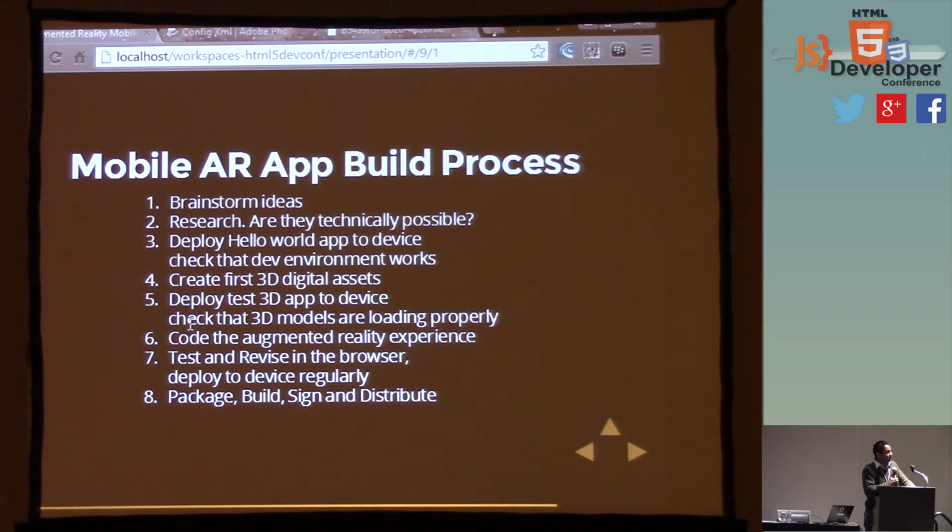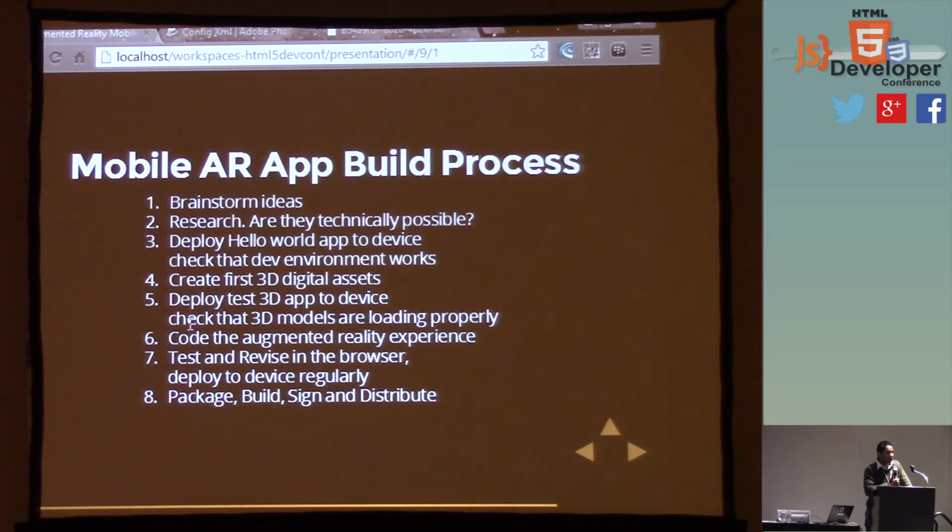And in general, when you're doing a mobile app, it's important to get the first app on the device and make sure that your build environment is correct. There's no point in trying to do a large project when you don't have something done in the middleware. So you have to make sure that you can build on step by step to get that done.